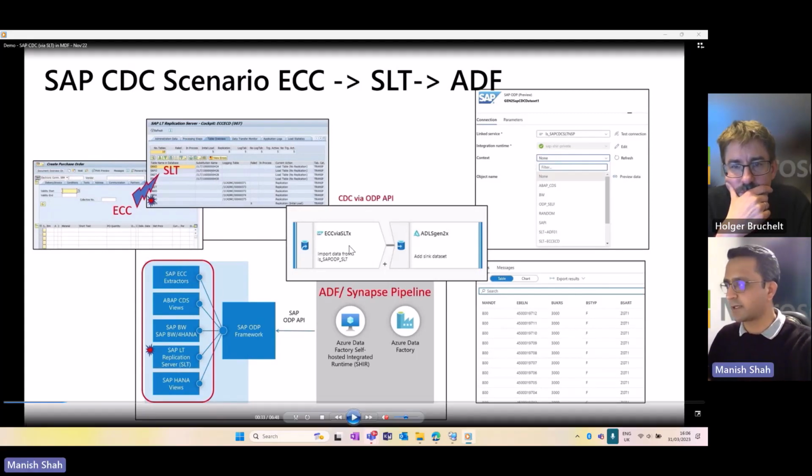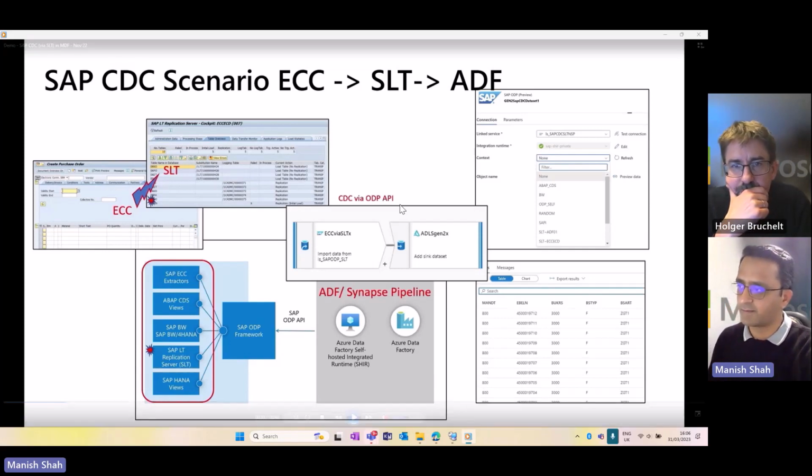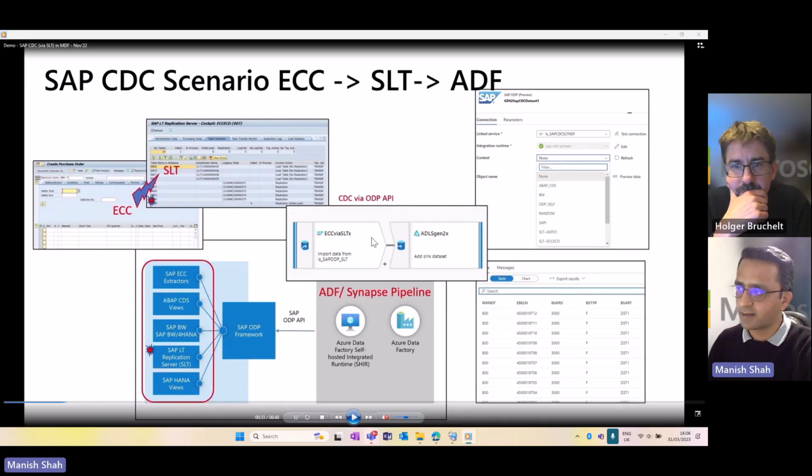On the other side, I've created a pipeline in ADF. You can create the pipeline in Synapse. It works in a very similar way. The pipeline is very simple. You can really do a lot of creative stuff with the ADF or Synapse pipelines, but I've done really simple stuff. You've got a